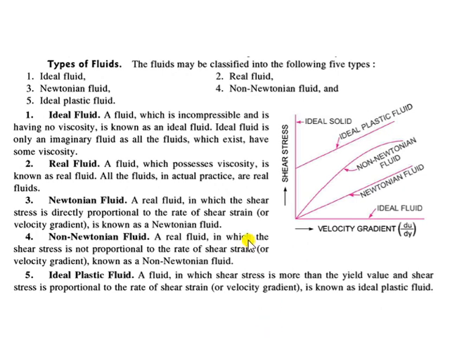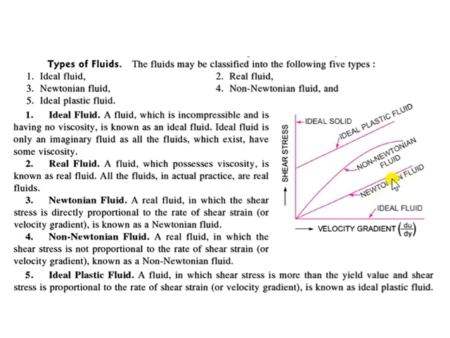If you try to draw shear stress against velocity gradient, that means rate of shear strain, we saw that tau is directly proportional to du by dy. So du by dy was the rate of shear strain, which you can also name as a velocity gradient. If shear stress is proportional to velocity gradient, it will make this line. This line states that shear stress is directly proportional to rate of shear strain. So all the fluids which follow this principle are called Newtonian fluids.